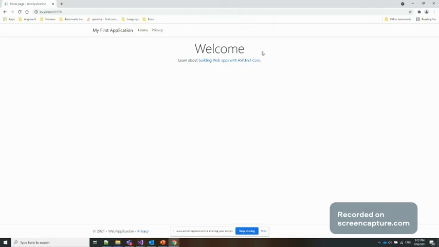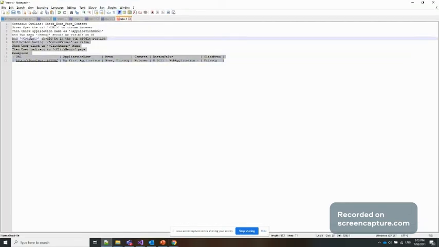There I am just checking in the middle, this welcome should be visible, and after that we should check the bottom also, like it will contain this 2021 web application and all. And after that I am going to click onto this privacy and check whether it is happening or not. For the time being I have already written one scenario.